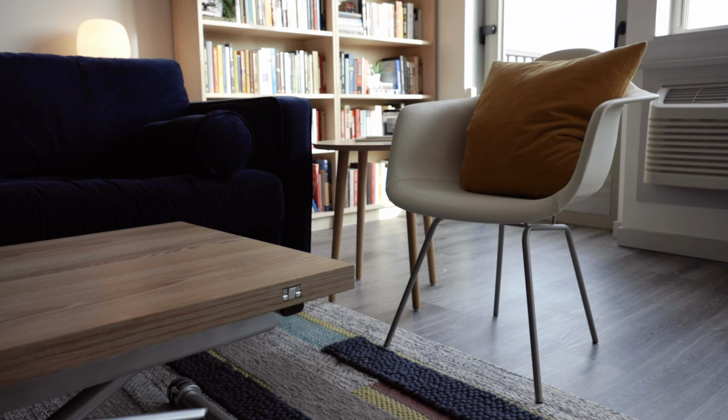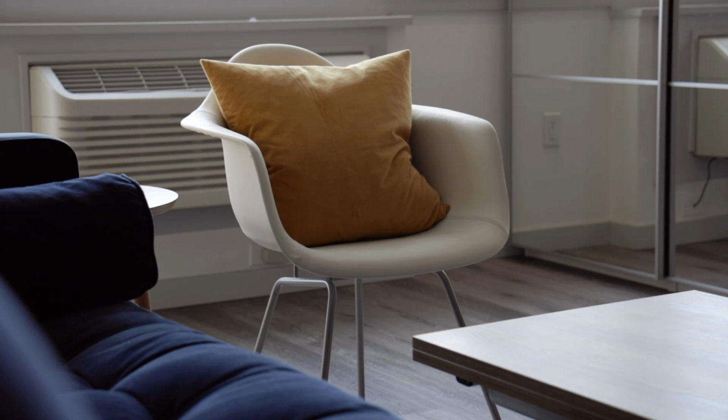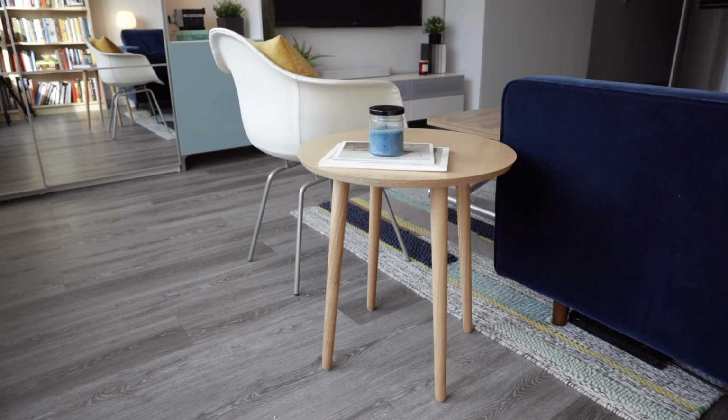And then finishing out the living room space, we have two more things, and that is the side chair. And this is kind of an Eames-inspired, mid-century modern-inspired side chair that we did in a white leather and with a yellow pillow on it. And next to it is a blonde wood side table that you can use while on the couch or in